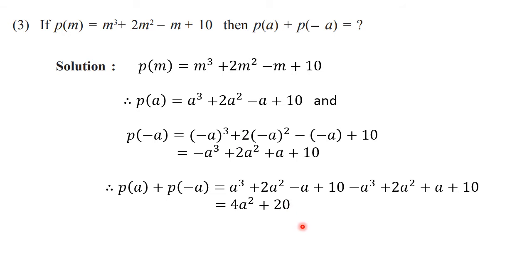Simply you have to replace the given variable by the number, or like in this case the constant a was given. So just observe the question and go on doing the steps accordingly. Okay. So some of you can start with this also, p of a and p of minus a, and then you can write. But to make it easier, I have found them separately and then I added. Okay, so that we can avoid the mistakes. Now let's go ahead. The final answer is written.